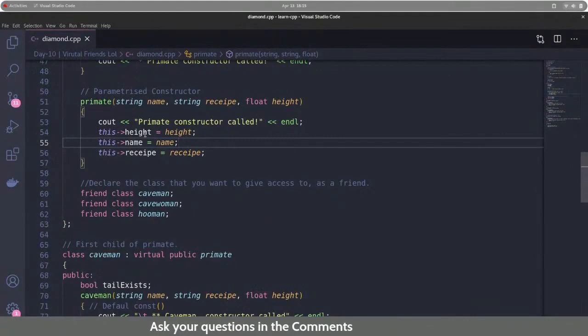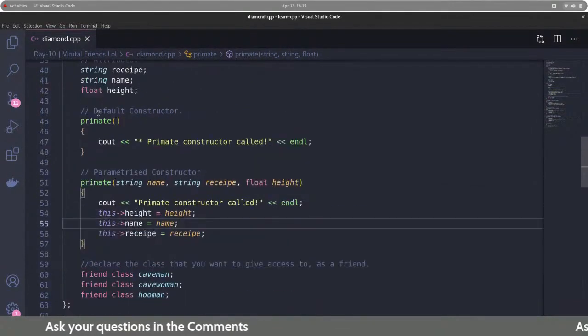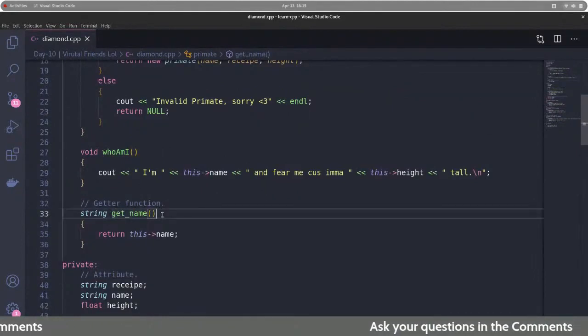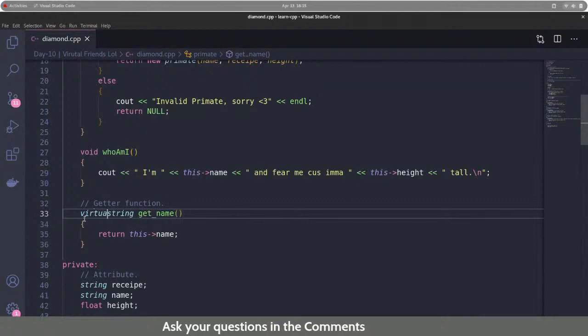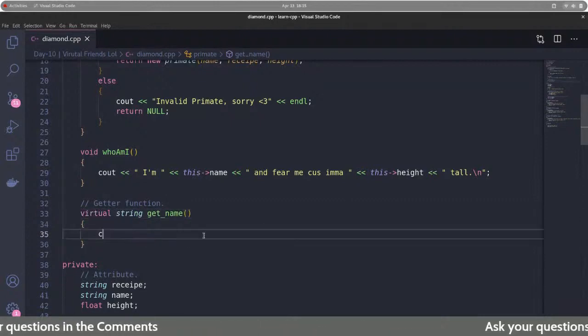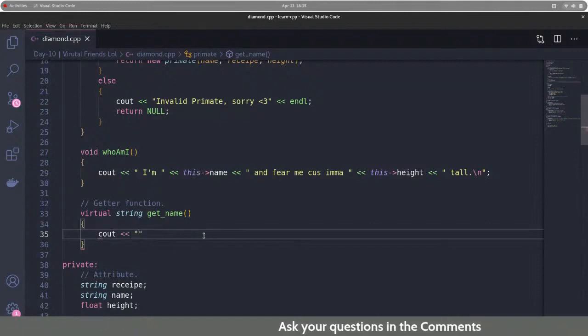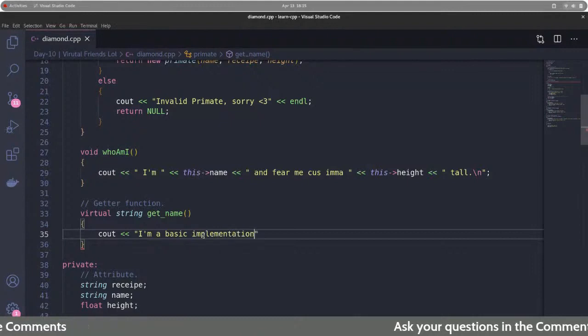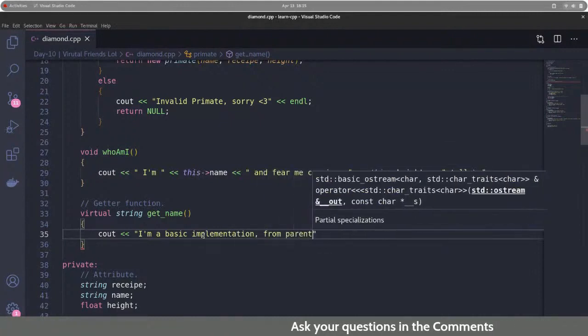First of all, we will declare this function, string get name, or whatever function you want to define in your virtual class, as a virtual function. A virtual function does not do anything. It is just a basic implementation. You can also leave it blank, but to show that it is doing something, I'll just write a simple message: I am a basic implementation from parent class